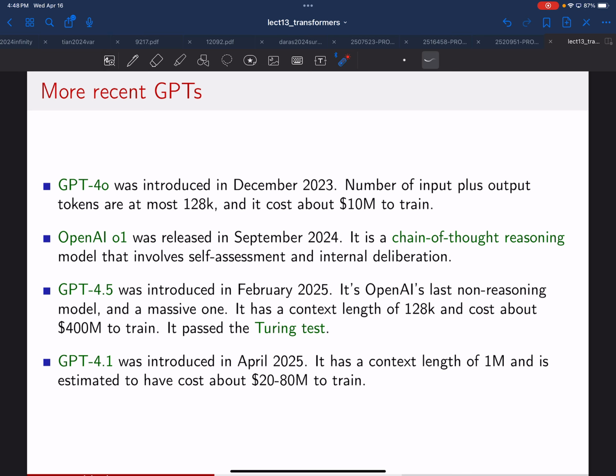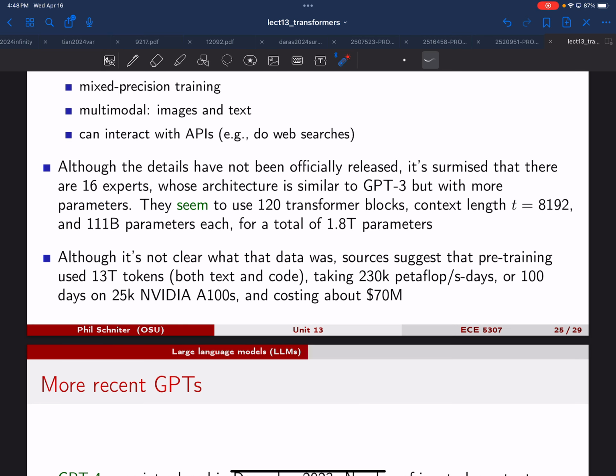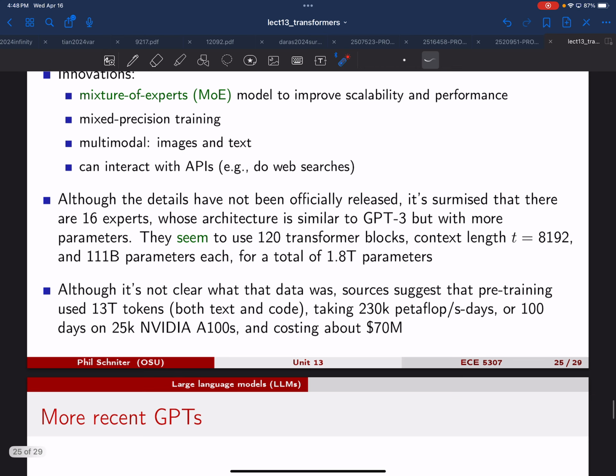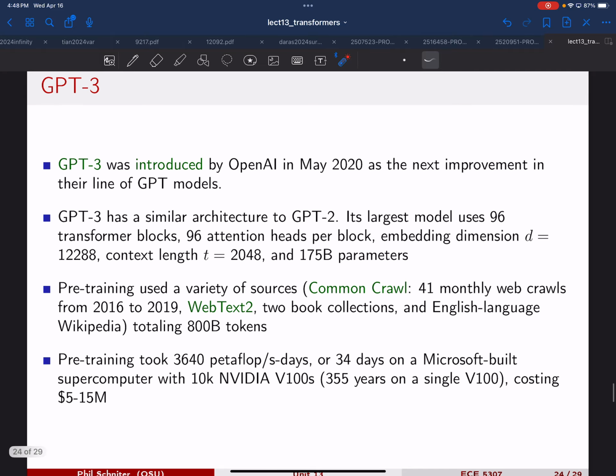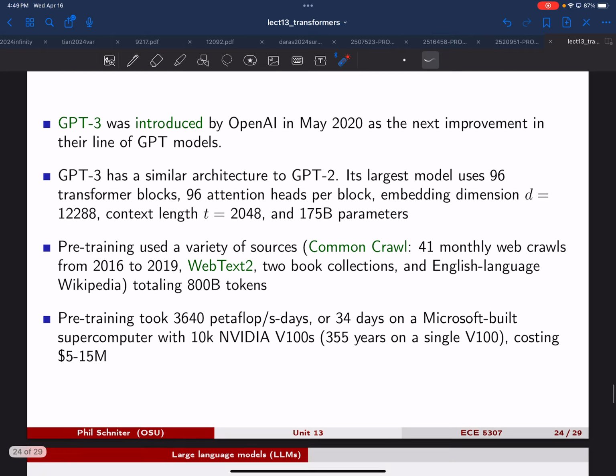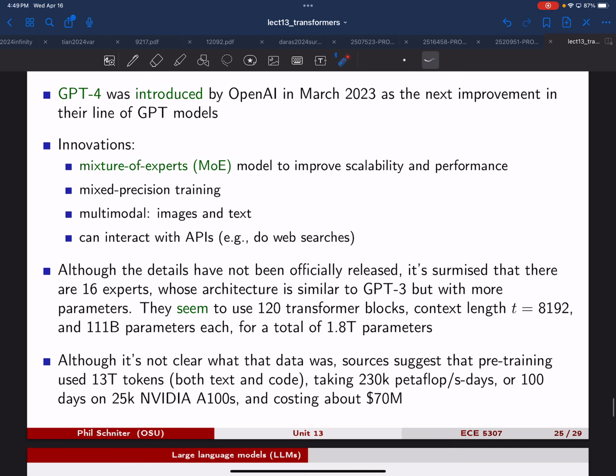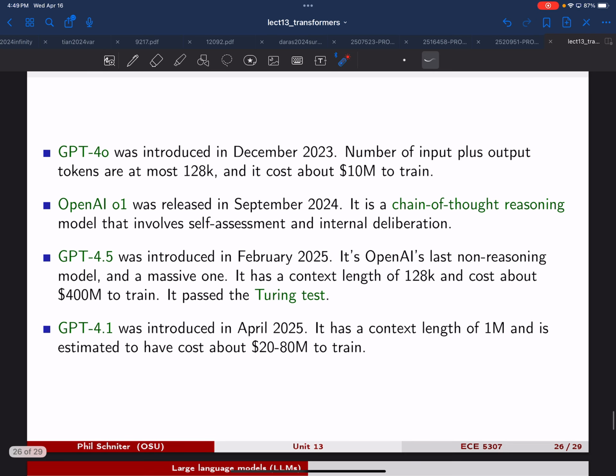So the context length has gone from 2K in the first GPT to 8K in GPT-4. And now we're talking 128K, so much longer context. Context is now thought of as being the most important thing, because you really need a lot of tokens to understand a very complex query. So this model, somehow, only cost $10 million to train,